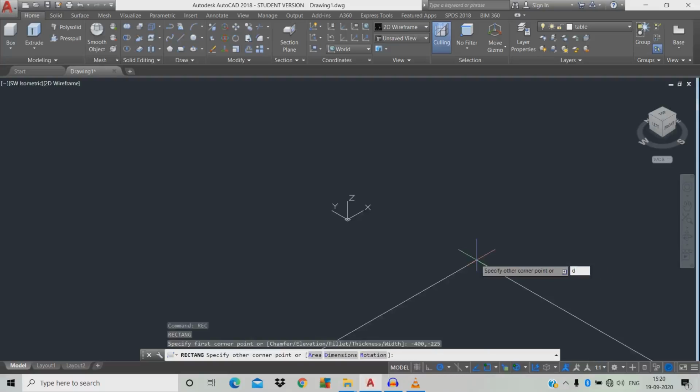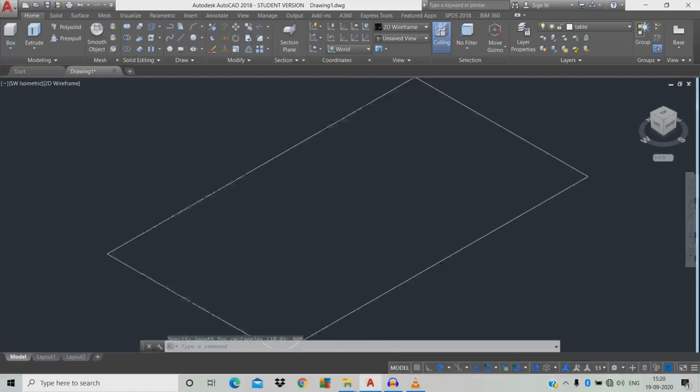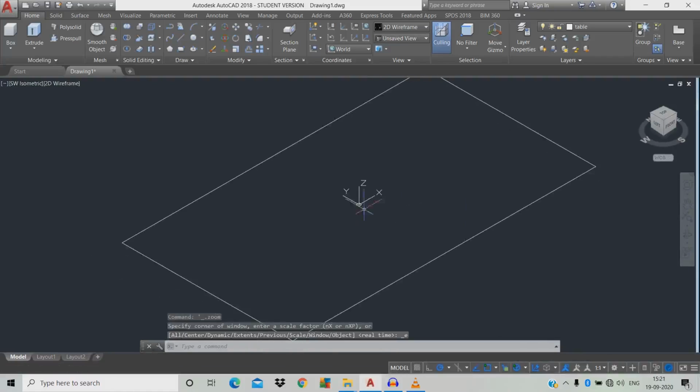Then D for distance space, length into breadth. The length value is 800 space. The width is 450 space. Left click your mouse, and double click the scroll button. We have given the XY direction minus 400, minus 225 to keep the UCS icon as center.